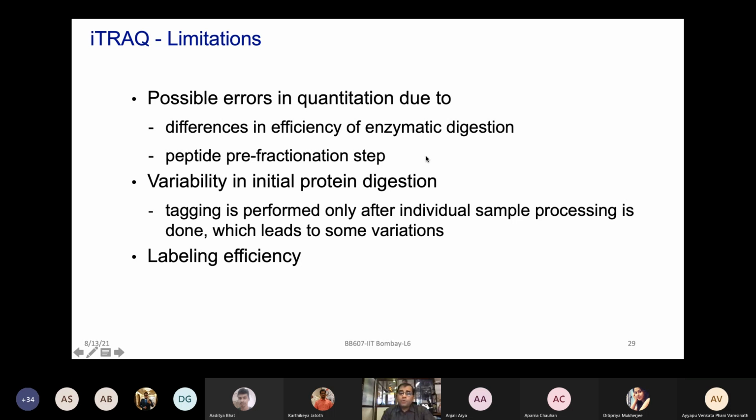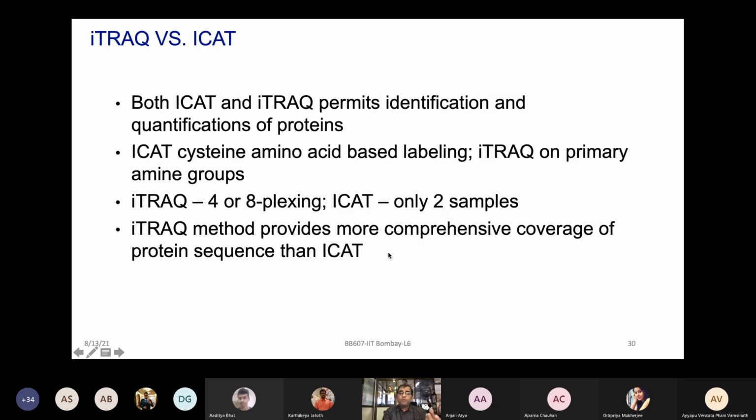Nevertheless, you are still prone to certain errors because you are talking about things at the proteome scale, right? A large number of proteins. So your efficiency of digestion is the first bottleneck, because you are going to assume that everything is going to be chopped down with the enzyme like trypsin. Your enzymatic efficiency becomes very important. Also, whether you want to fractionate your sample, and how well you are able to fractionate those. Then your labeling reaction, your labeling efficiency. Many of these things are quite challenging to get you the best possible result. Of course, you can get close to that, but still you have to keep many of these challenges in mind.